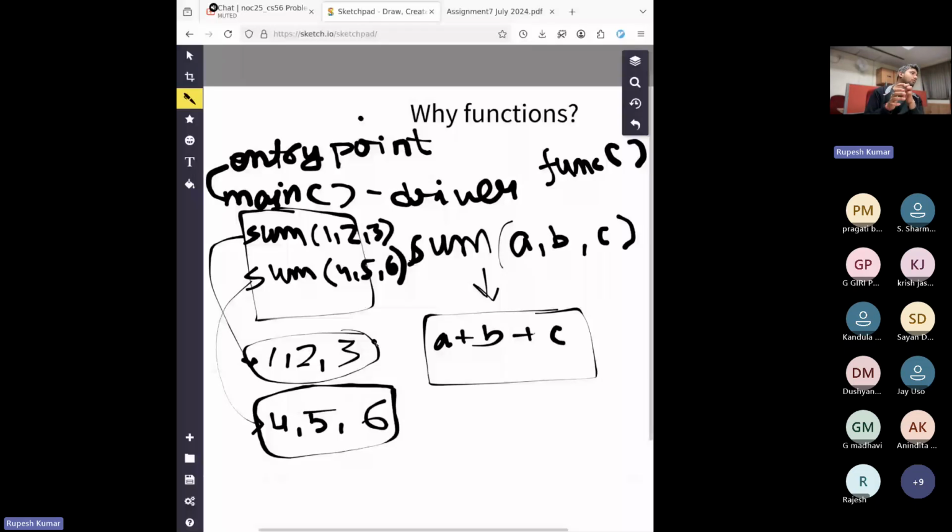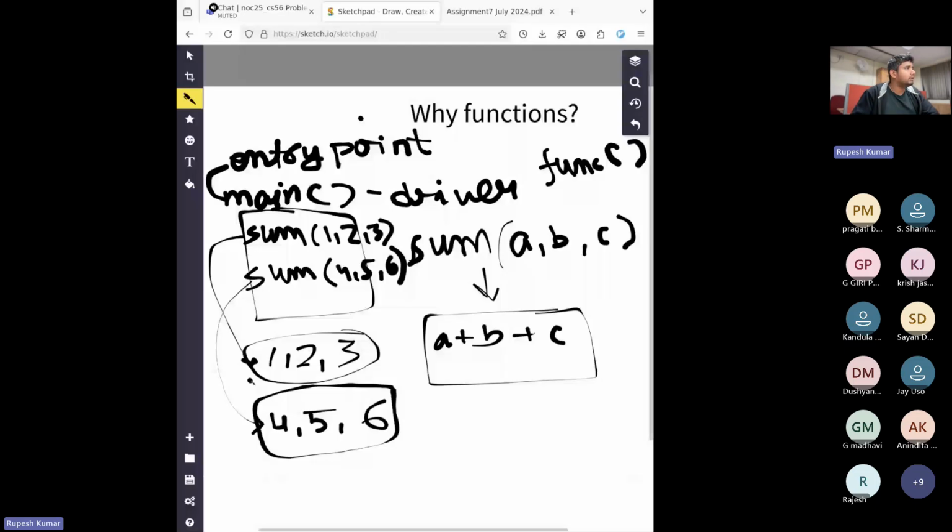It will not help your program very much, but as we solve more programming problems on functions, you will see that functions are really useful when the program gets more complex, such as matrix multiplication, matrix vector multiplication, and so on. So that's why functions are really useful in C.